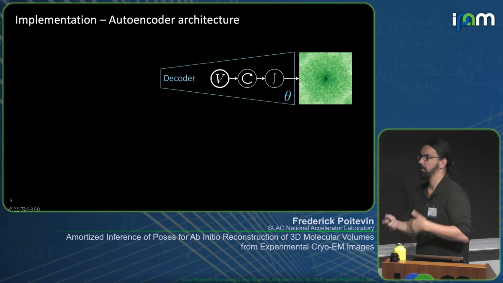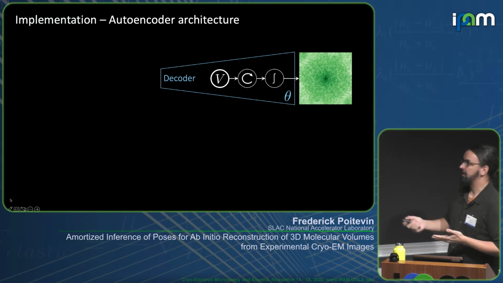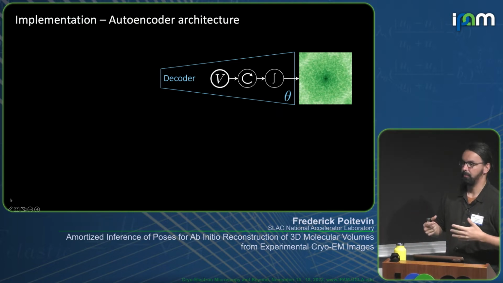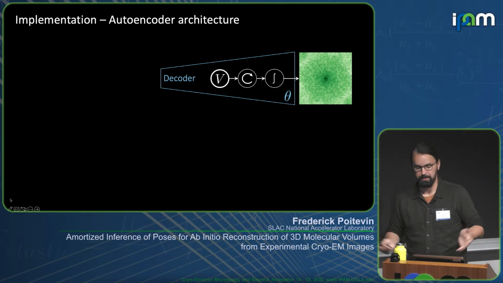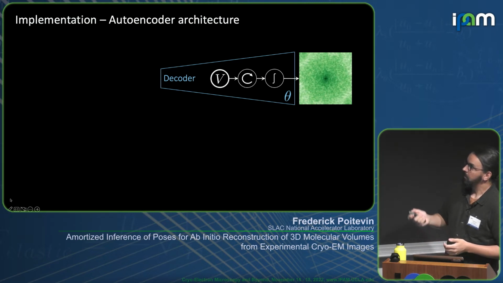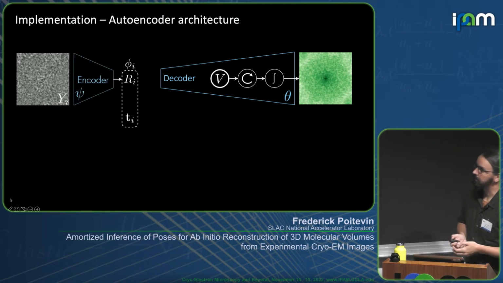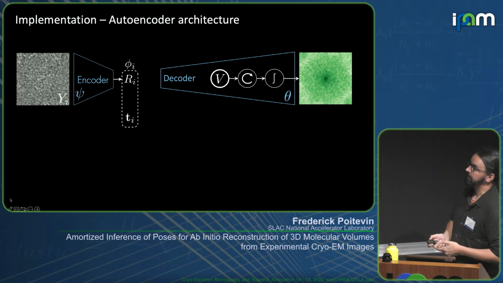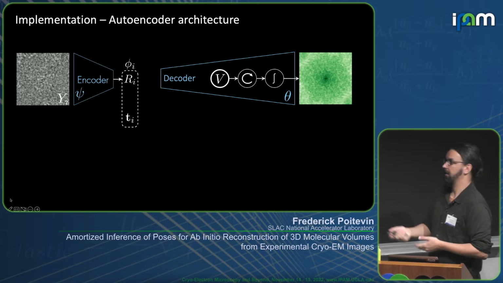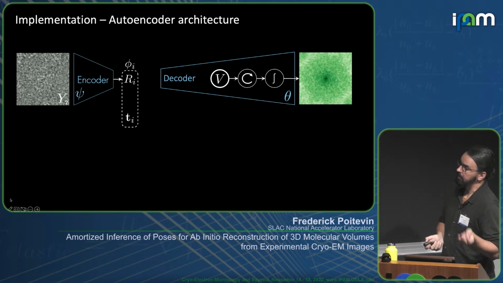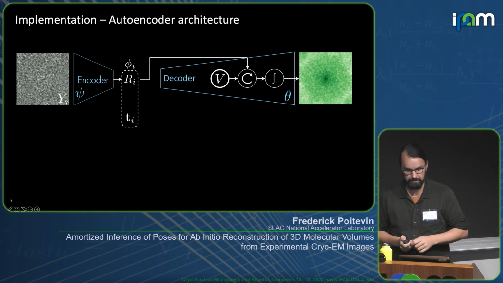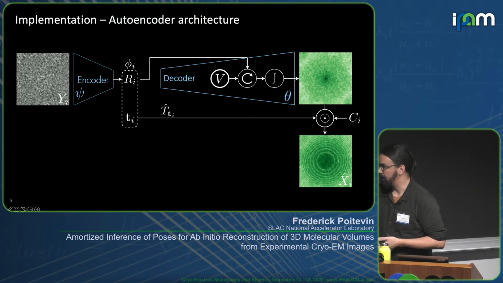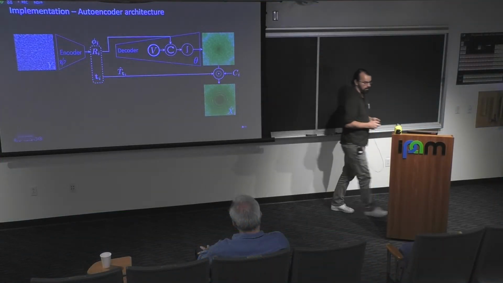So that's our decoder, and I call theta the parameters of that decoder. Typically, you could think of theta as the values of the voxels in the map V, if you represent V as a map, or if you represent V as a neural net, it would be the weights of the neural net, etc. So an autoencoder architecture is an encoder and a decoder. The encoder basically takes an experimental image and encodes it, as I said, into a pose. And we call psi the parameters of that encoder. The pose is made of a rotation matrix and a translation vector. So out of the encoder, we take that rotation matrix and feed it to the decoder. And the translation vector and the CTF are applied as well to yield the simulated image X hat,